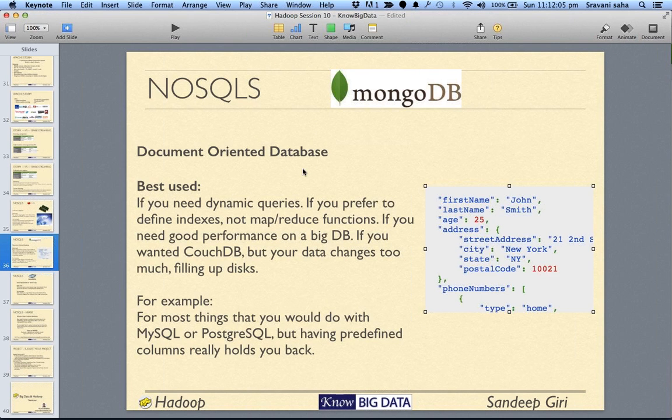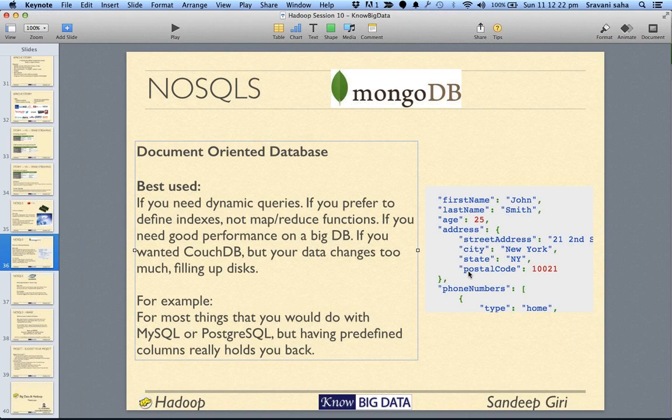Never mind. So basically, when you use MongoDB, you store the data in the form of objects. Instead of a row you have objects.